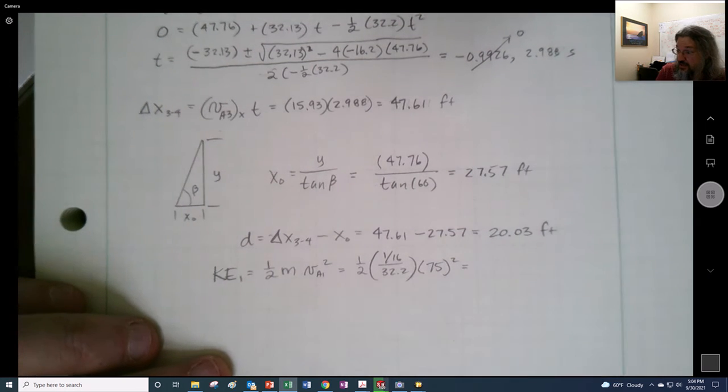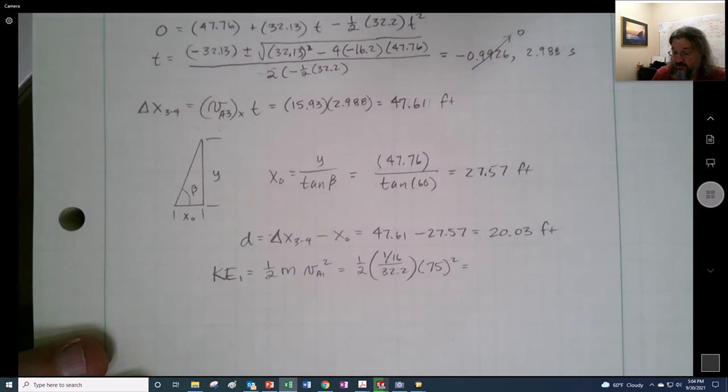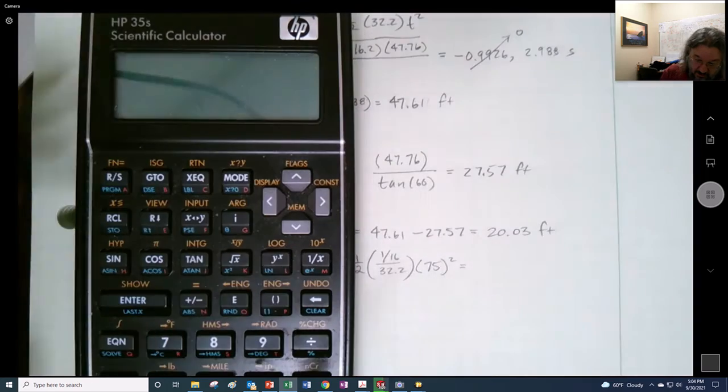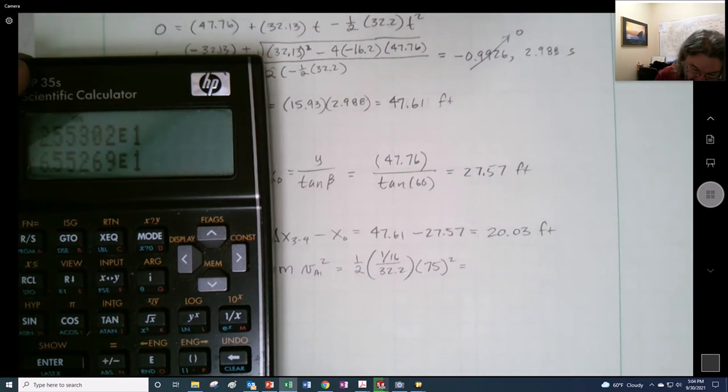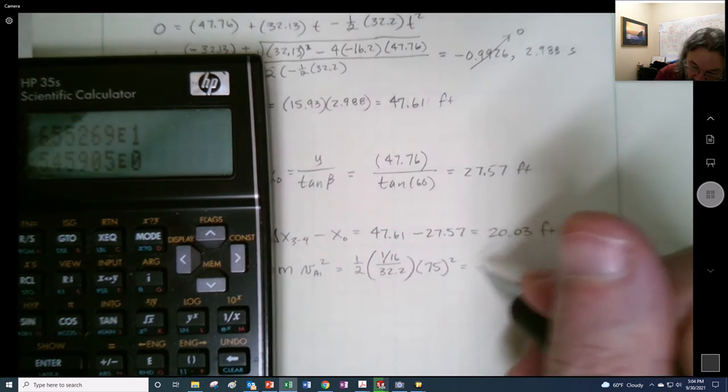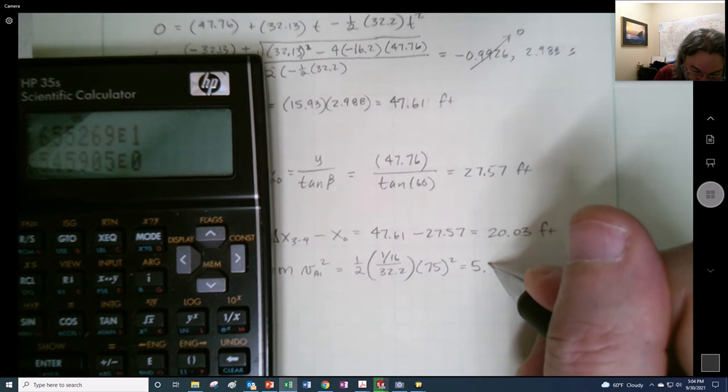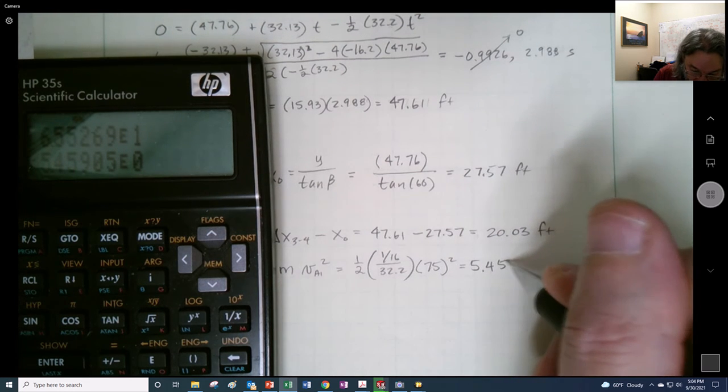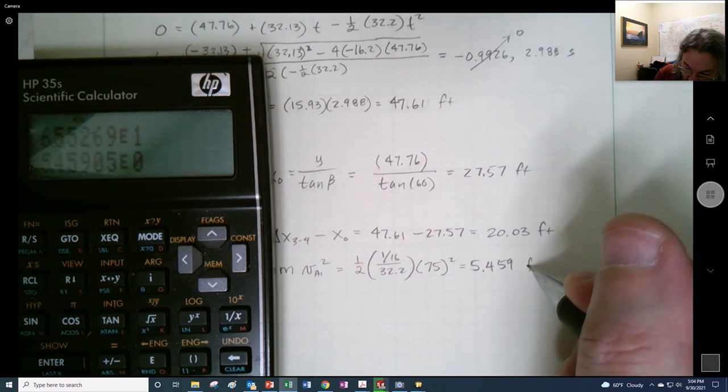All right, well, I got to do it by calculator. Well, there you go. 75 squared and 32.2 divided, multiply, divide by 2. Boom. We got a big old 5.459 foot-pounds